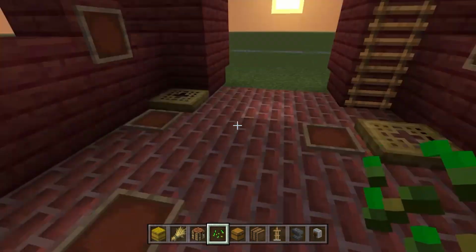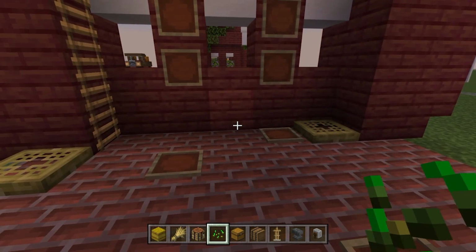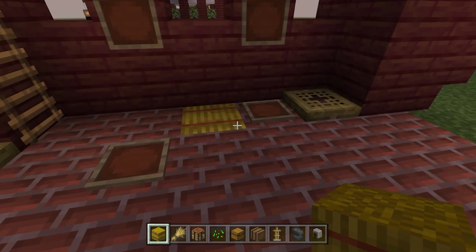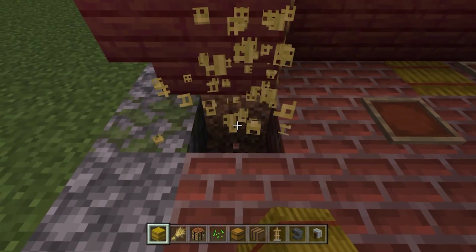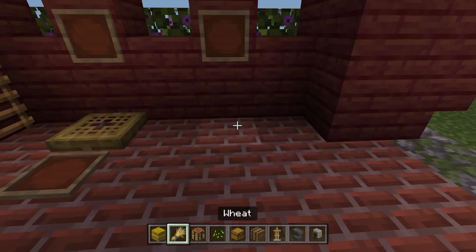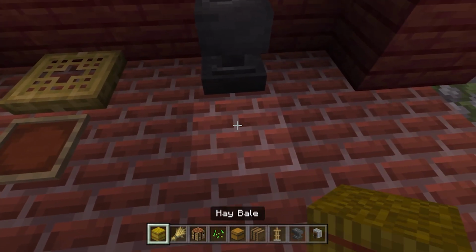I'd love to hear. Now down here, we're going to take ourselves a few of these materials below, just to add a bit more detail. So I'm going to do a hay bale on its side here, next to this item frame. That looks good. I'm going to do myself one underneath this bamboo trapdoor. Oops, my mistake. I'll get that back in a second. There we go. And this way I want to stick one in front of the slightly damaged anvil here,